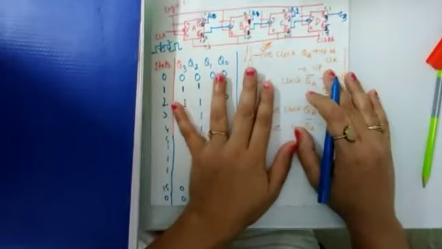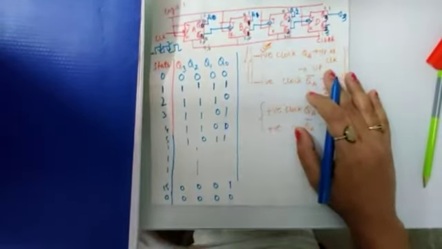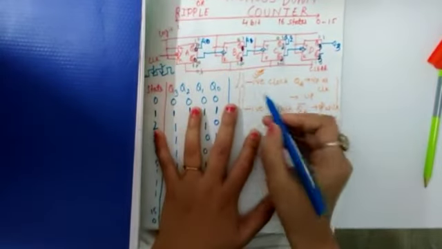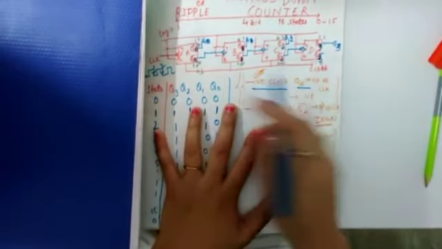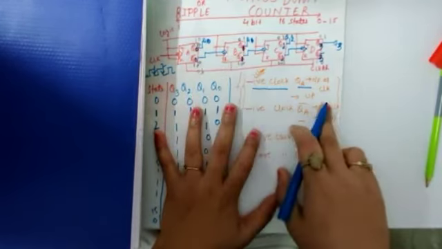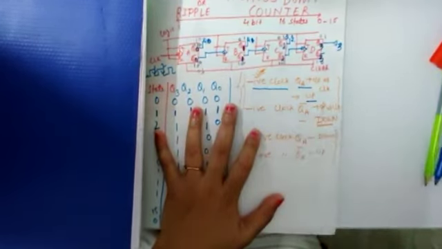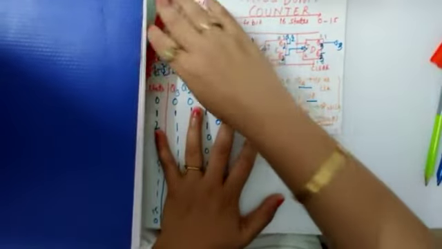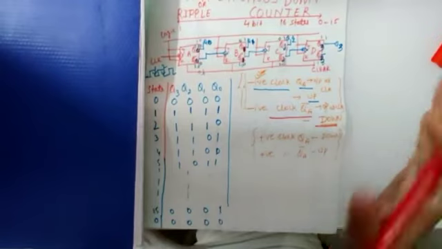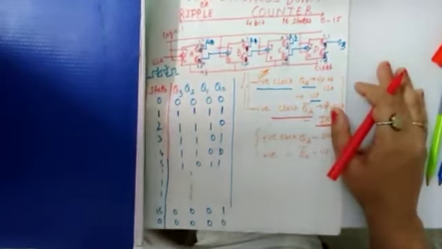So this is the working of a down counter. Everything is the same, only the mode of giving the clock is different. Just keep in mind, for the negative clock, if QA is the output, if it behaves as a clock, it will do up counting, and if negative clock pulse and QA bar is the output, it will do down counting. So this is the working of a synchronous down counter. Thank you.